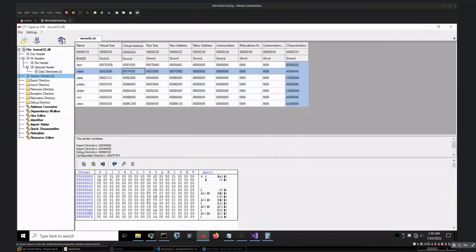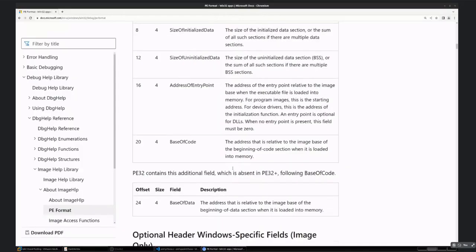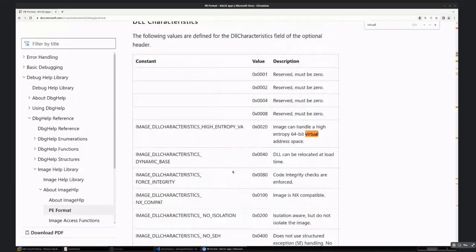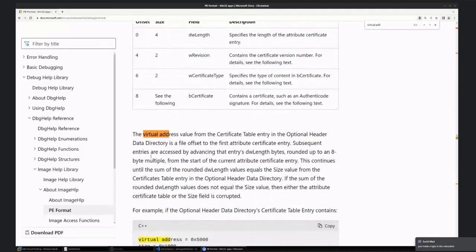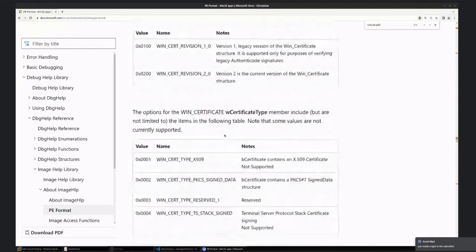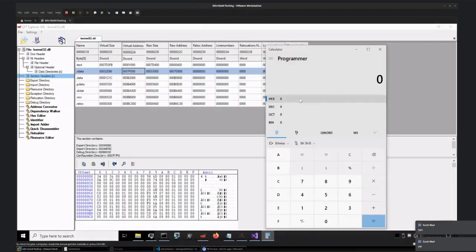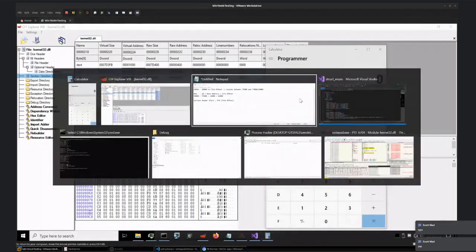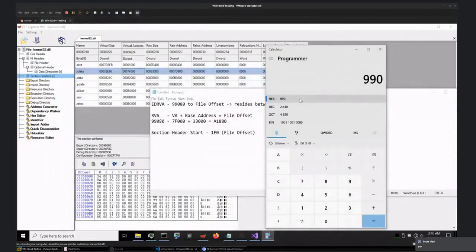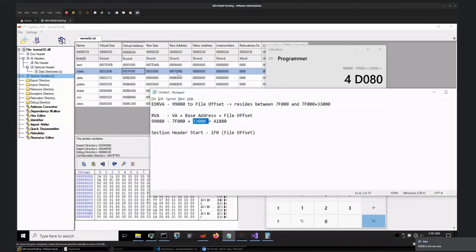One sec. Let me search, I don't recall the exact calculation over here. Virtual address. Yeah, it should be somewhere over here. I made a mistake in the calculator. One sec, let me see. 99080 minus 7F000 plus 33000. No, I did not. Or did I miss something? One second. Subtract the virtual address and add the